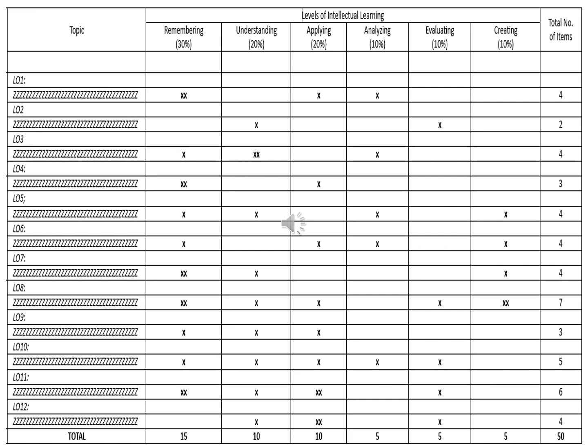Now, the question is, why did I choose to represent it first with an X? The reason for that can be best explained on the next slide. But before we go to the next slide, you must verify first that the sum vertically under remembering is 15, because that is 30% of 50.